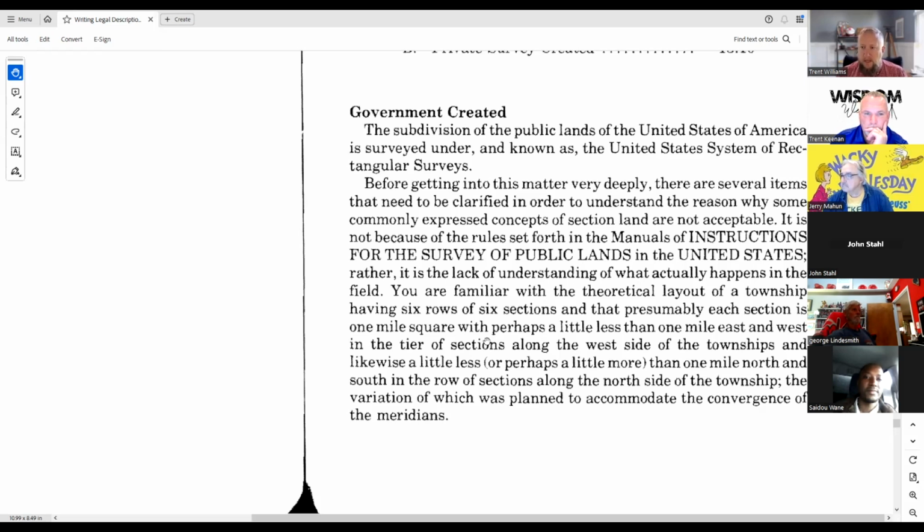But you may need to look at what were the rules that created those sections, those townships at the time they were created. And then of course there are more recent manuals, the 79 manual and the 2009 manual, which are really kind of our go-to nowadays. And certainly if you want to dive deep into this, getting your CFedS certification is another great way of really understanding the nuts and bolts of what the PLSS system is.